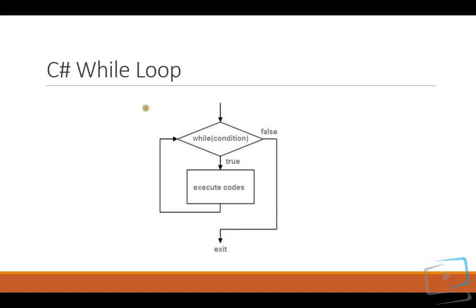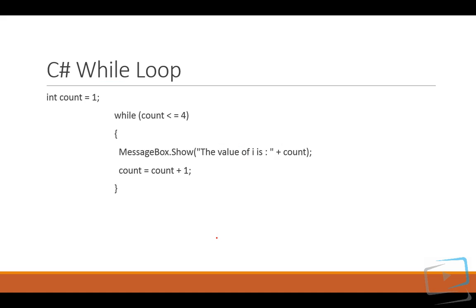Now we'll go into the other loop called the while loop. In this while loop, it is a very simple thing. You have a condition in the while loop, and if that is true it is going to execute and again come back to the loop. If it is again true, it executes again; if it is false, it exits from the while loop. We'll just see an example.